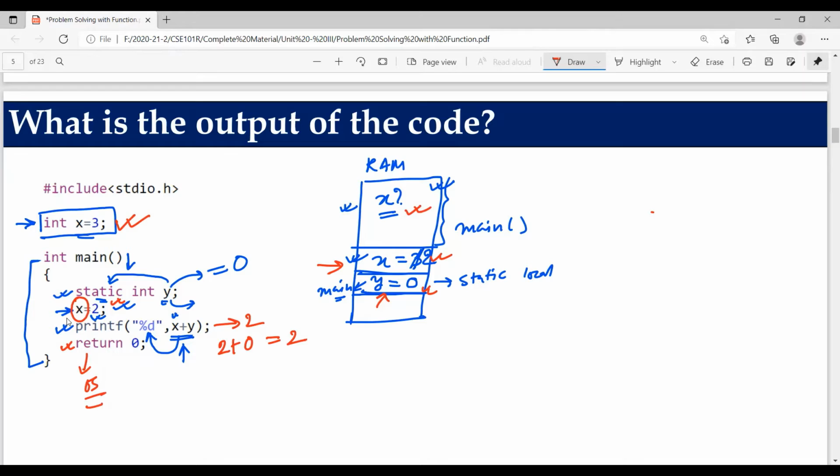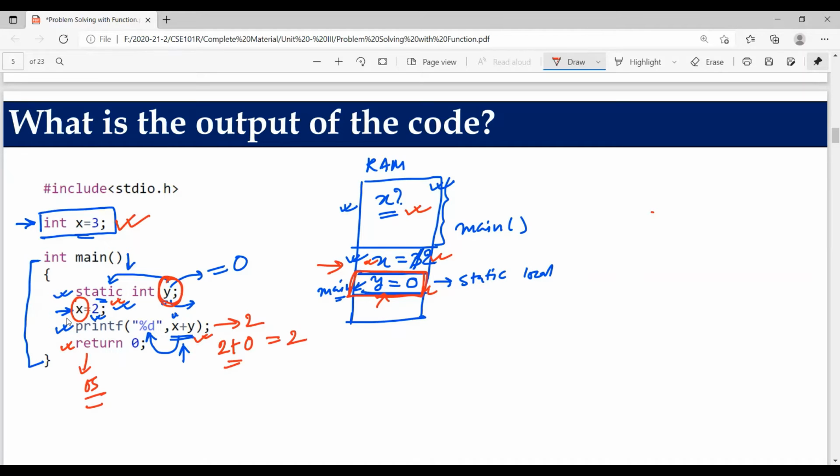If not, it will refer to the global variable. So it refers to the global variable here and updates the value of x from 3 to 2. Later we evaluate this arithmetic addition and get the output. And most important point, any static variable will always get a default value 0 if you forget the initialization. Here you have missed the initialization, so it will get the default value 0.